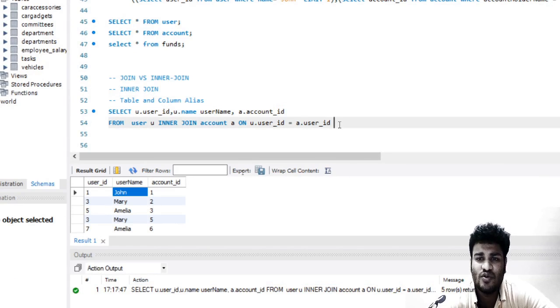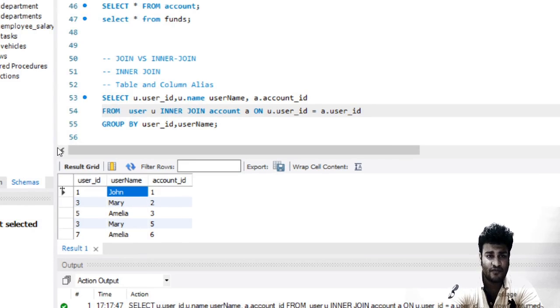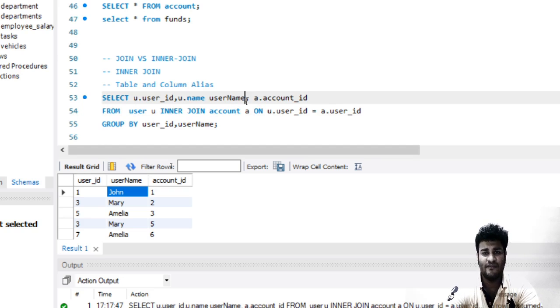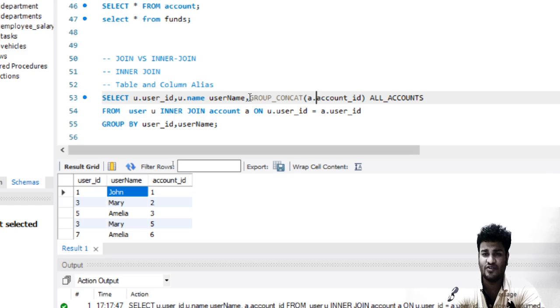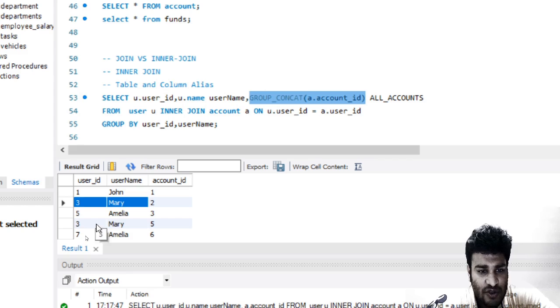In most of the cases, you will find that inner join will always be combined with user ID and username. So now this is the table which we fetched from line number 53 and 54. Now we are combining line number 55 with this. As we combine line number 55 with this, we make a change to our account ID and say group concatenate. What exactly does this do? We are saying group by user ID and username. So what are the groups? One group, second group. This group has two values. One value this and second value this. So this is a group.